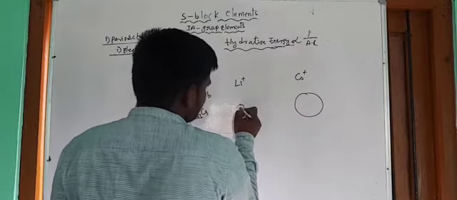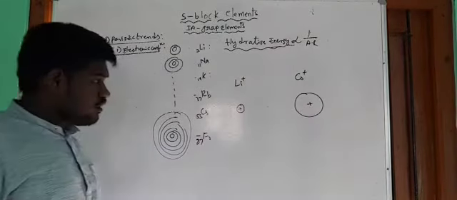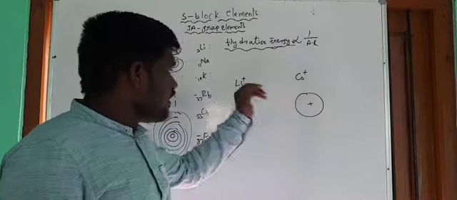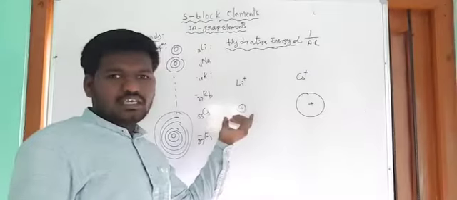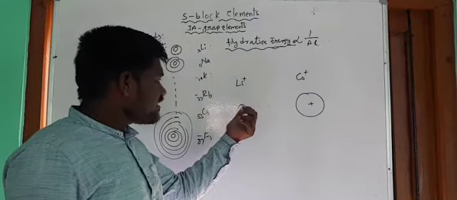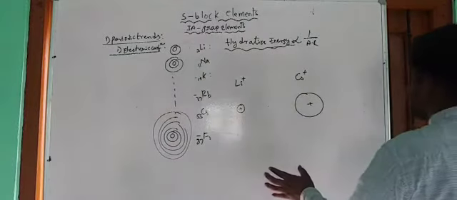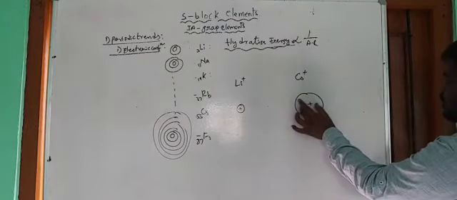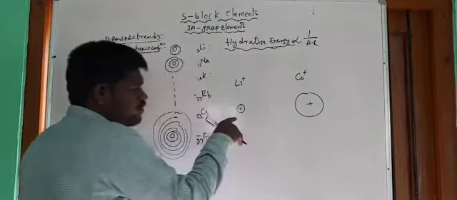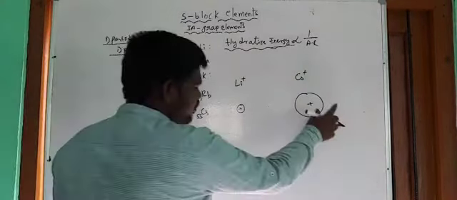The lithium ion has a positive charge and the cesium ion also has a positive charge. Now between these two, when you compare the magnitude of the charge, here there is effective nuclear charge because of the small size. Because of the small size, the positive charge is very effective. Here, due to the large size, the scope of the effect of the positive charge decreases. So here more effective nuclear charge is present, and here less effective positive charge or nuclear charge is present.